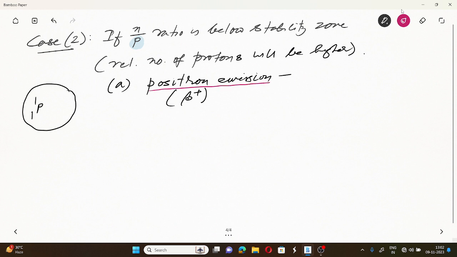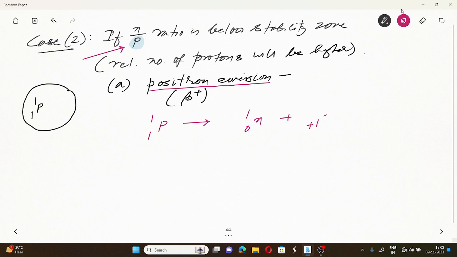See, since n by p ratio is below the stability zone, the protons are converted to neutrons। কারণ প্রোটনের সংখ্যাটা তোমাকে কমাতে হবে, প্রোটনের সংখ্যা বেশি হয়ে গেছে।